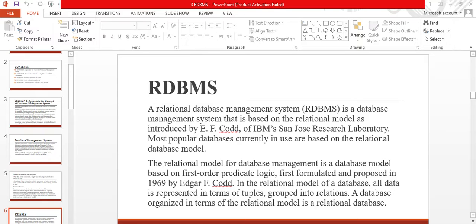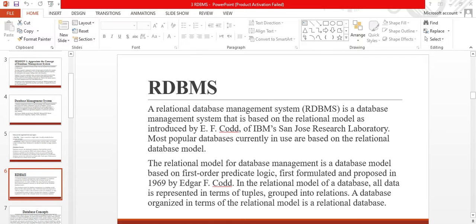In the relational model of database, all data is represented in terms of tuples grouped into relations. A database organized in terms of the relational model is a relational database. The purpose of the relational model is to provide a declarative method for specifying data and queries.